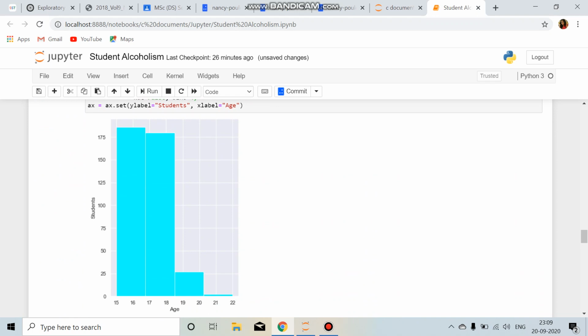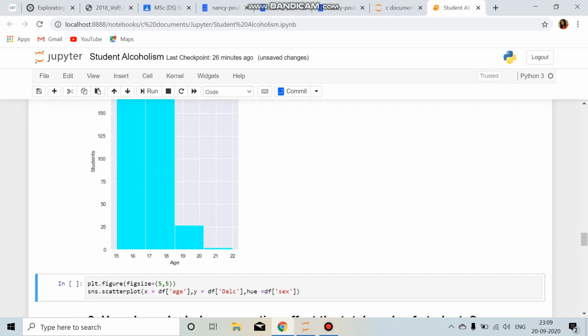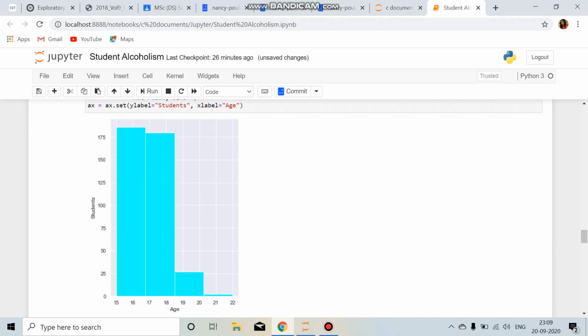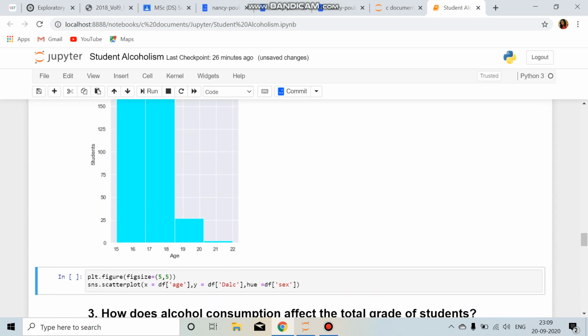We can see from the histogram that the most afflicted age group is between 15 and 22, and the maximum number of students indulging in alcohol would be between the ages of 15 and 18, because here the histogram has gone highest.